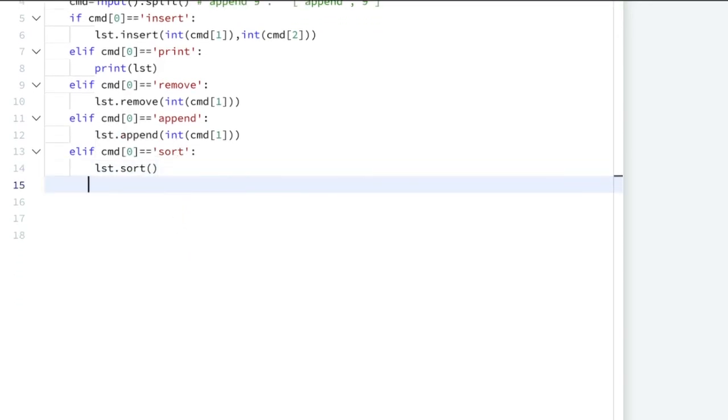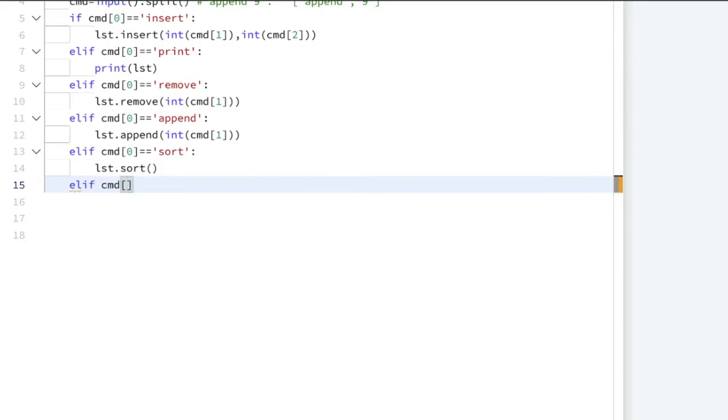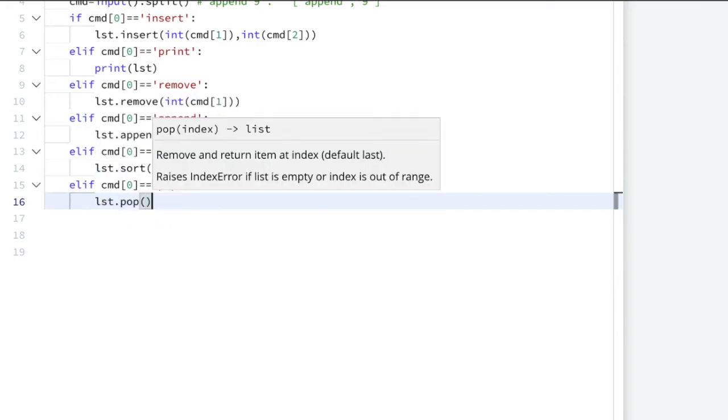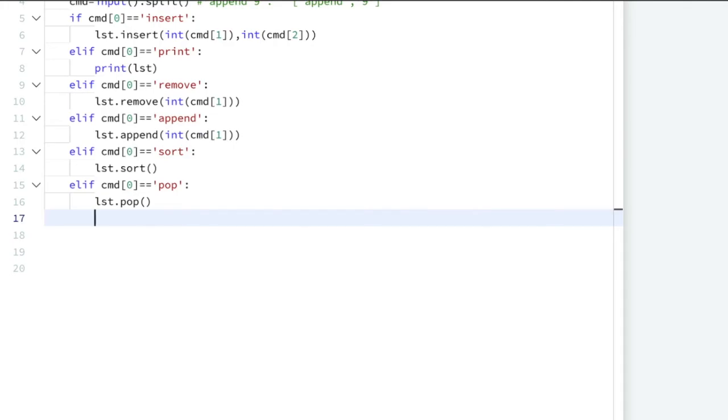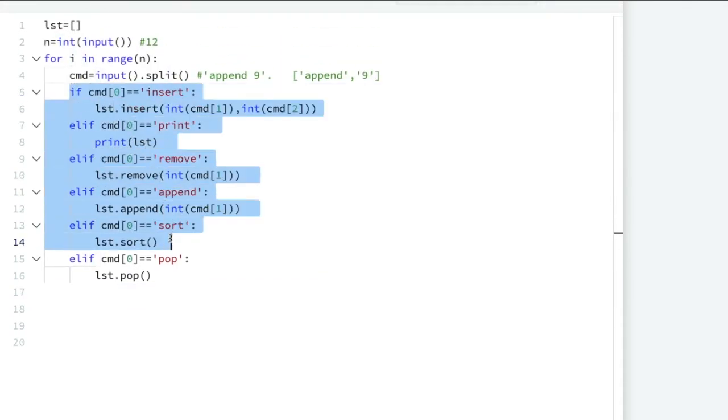Now suppose the command was pop, so we will check again elif command of 0 equal to pop. We will simply pop the element from the list, so list dot pop. So we are done. Now we are done with 6 commands.